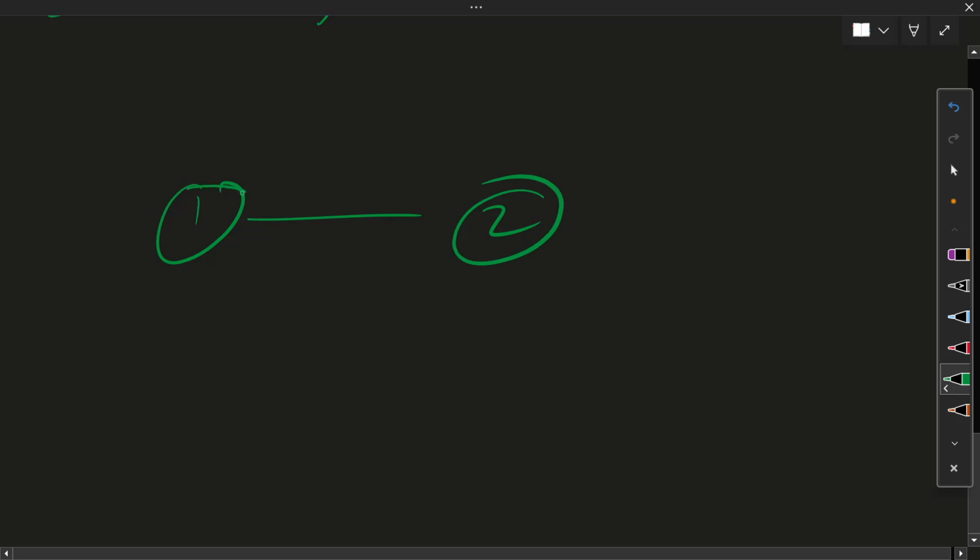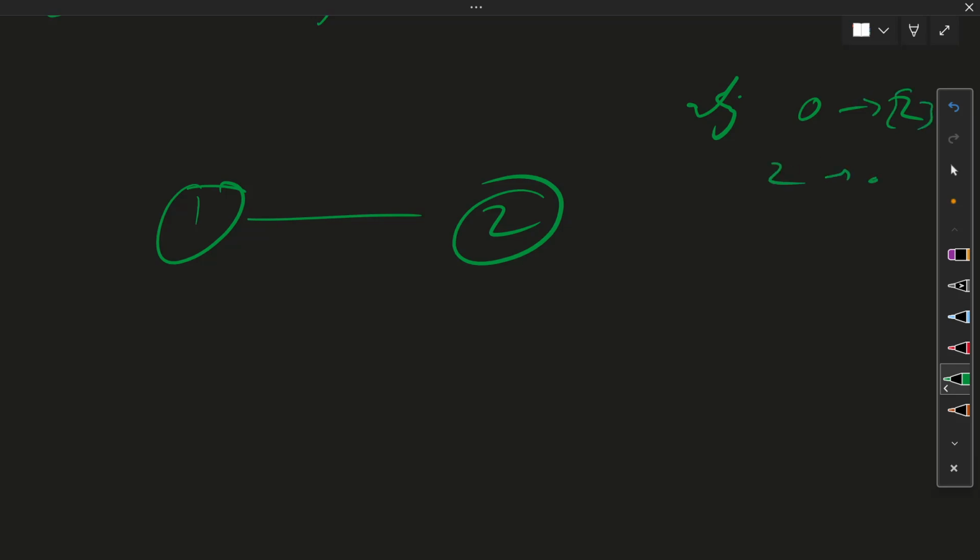This is undirected, so 0 contains 2, and 2 also contains 0. If we are at this node, we will increment for this, and then at the other node we will increment for that too. But this is useless, we don't have to do this.